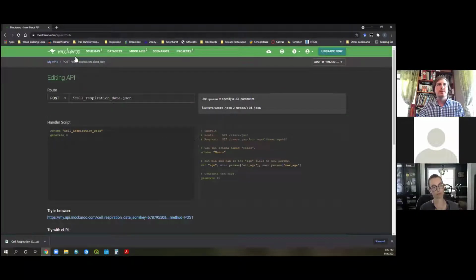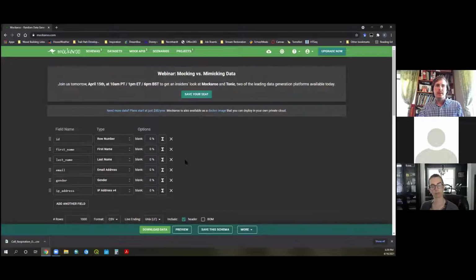So like I said, I really like Mockaroo for this purpose of just generating randomized data. And I think it has a lot of utility across a lot of different disciplines. I know it's helped me a whole lot in being able to generate this randomized data for my students in a particular lab, but there are a lot of other things that we're going to try with it as we move forward.